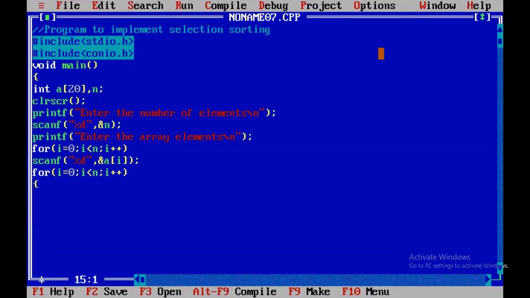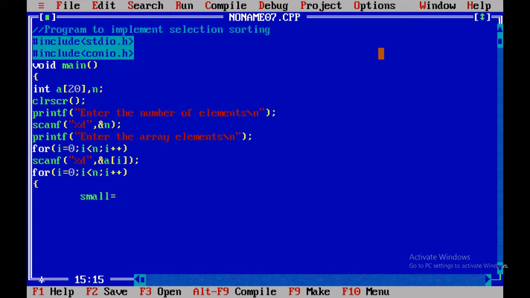In selection sort, we find the smallest element in the list and place it in the first position. Similarly, we find the second smallest, third smallest, and so on up to n, and place each smallest element in its appropriate position in each iteration.